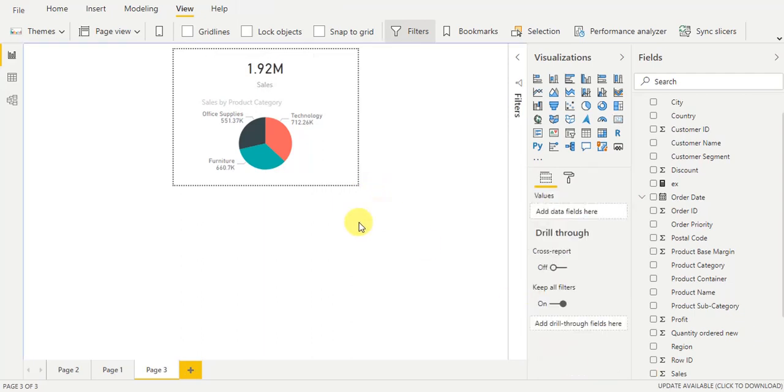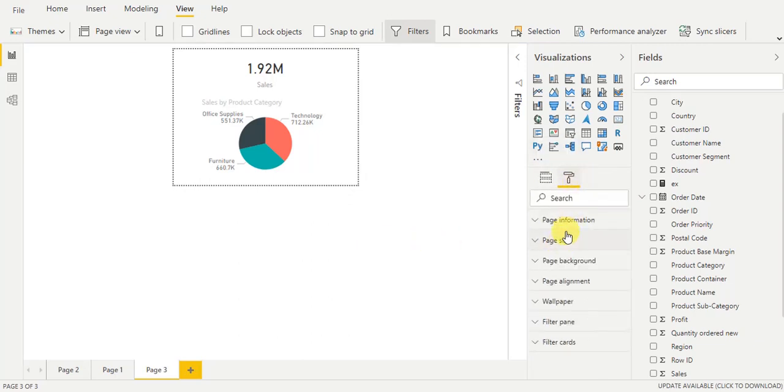Fine. Now the last setting is to go to the format bar, then click on page information and enable the tooltip from here, and also change the page name. So this is the tooltip page.